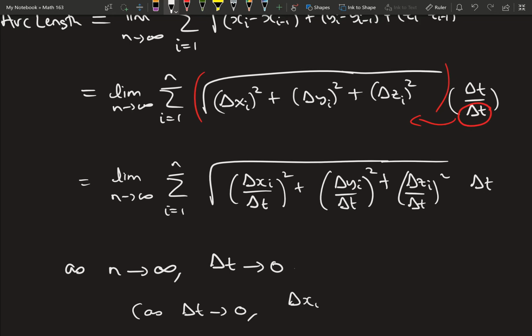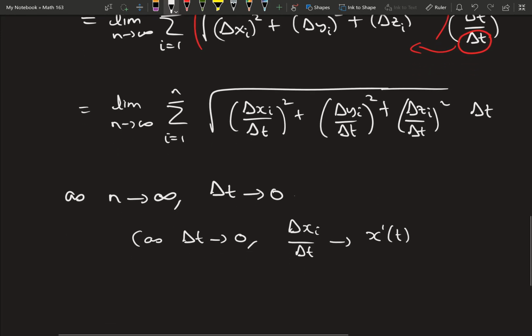this delta xi divided by delta t goes to x prime of t. Okay? So this is an important fact that hopefully you would have seen at some point. So this is the change. Basically, we're having change in x over change in t, and that's when the change in t gets smaller and smaller. This is exactly basically the definition of the